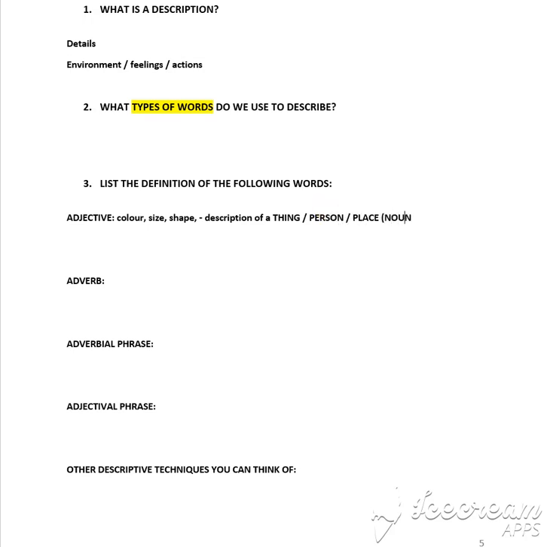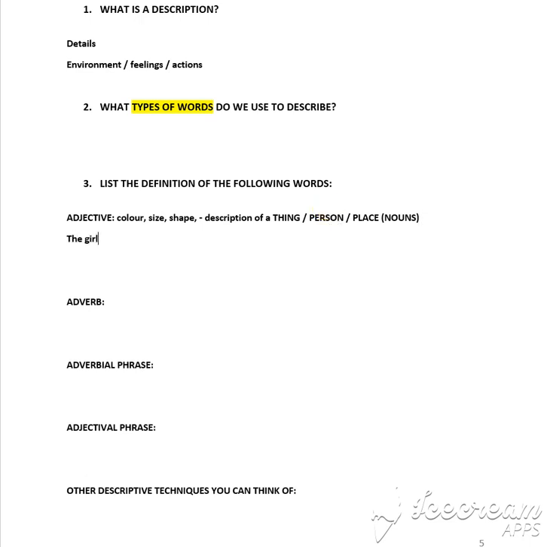And these are what we call nouns. Now, when you're working through an adjective, it's really easy for it to just become a list. So like, the girl felt happy and warm inside. That's okay. We've got,